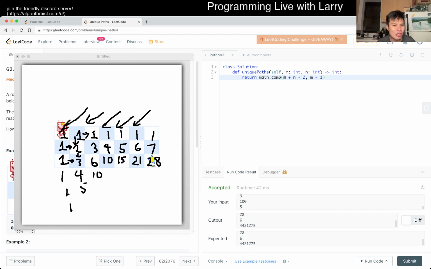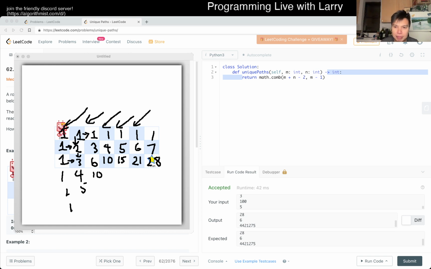What's the complexity? I actually don't know the complexity of this per se, because you're using a library, and of course the library has its own thing. I actually don't know how the Python combination thing works in terms of complexity. So let's see, what's the time complexity? They claim it is 2 to the n, which makes sense, but